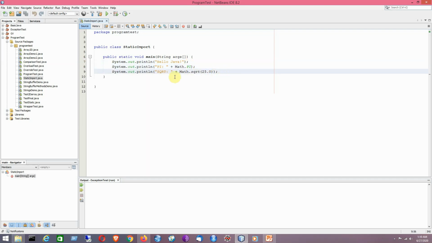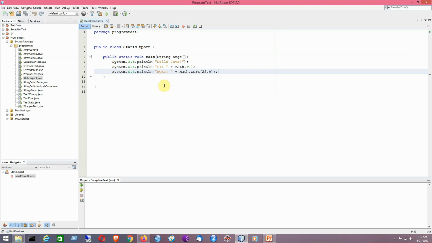That is the idea we are going to show you, and my objective here is to replace the class names, so that without using the class name we can directly use the members of the utility class.